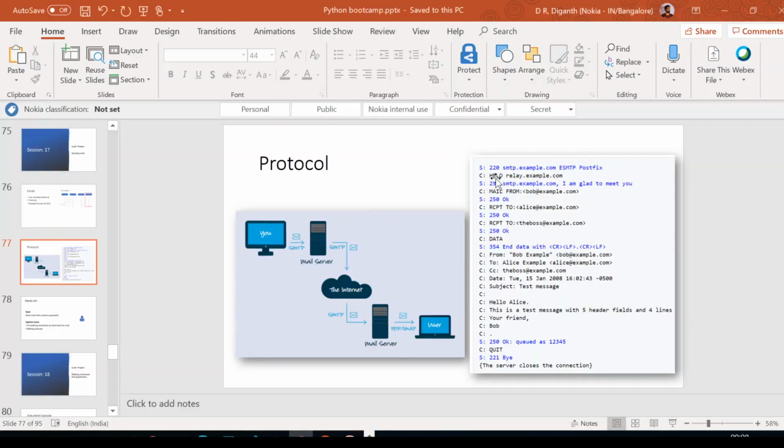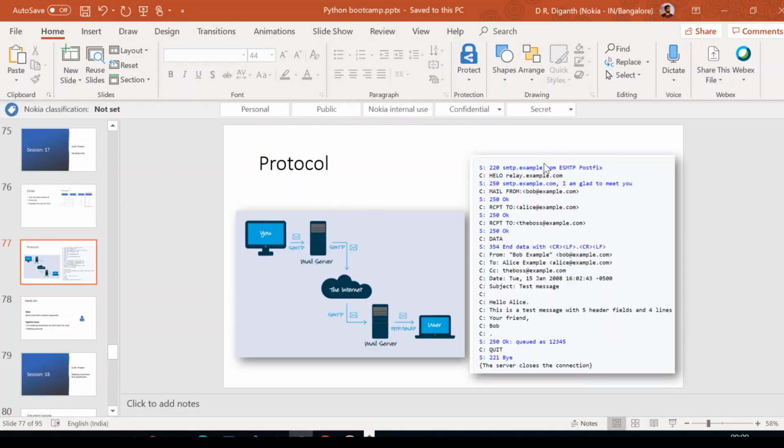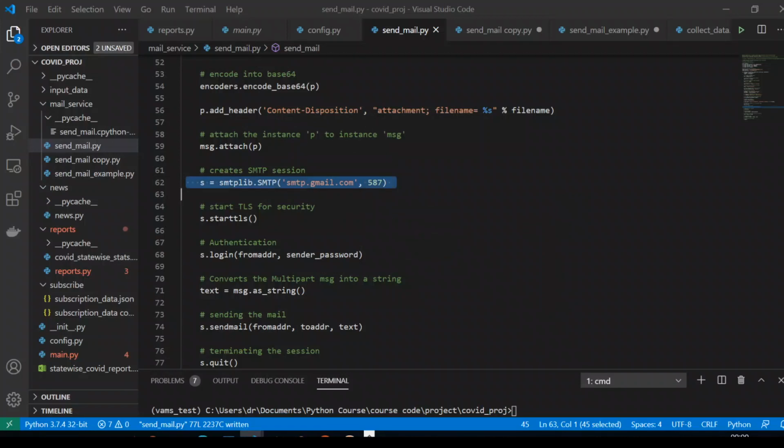When you log in, this is the port number, in this example 220, and smtp.example.com is the URL to log into. That is how you open a connection. Automatically it will do all these things. So now you have established a connection, or you can also call it a session.